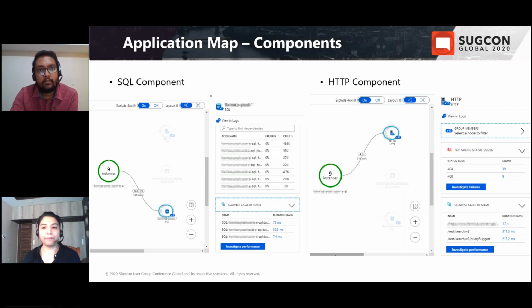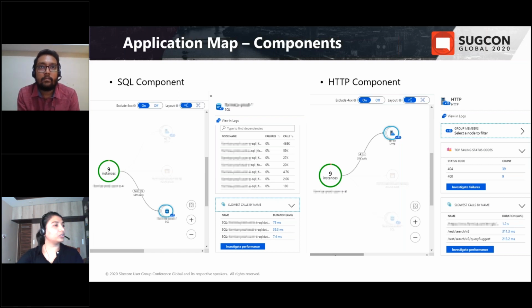And in the second map, the HTTP component has been highlighted, indicating the number of HTTP calls to different services. It is also showing top failures and slowest requests, which can be investigated further by navigating to the performance and failure panels.